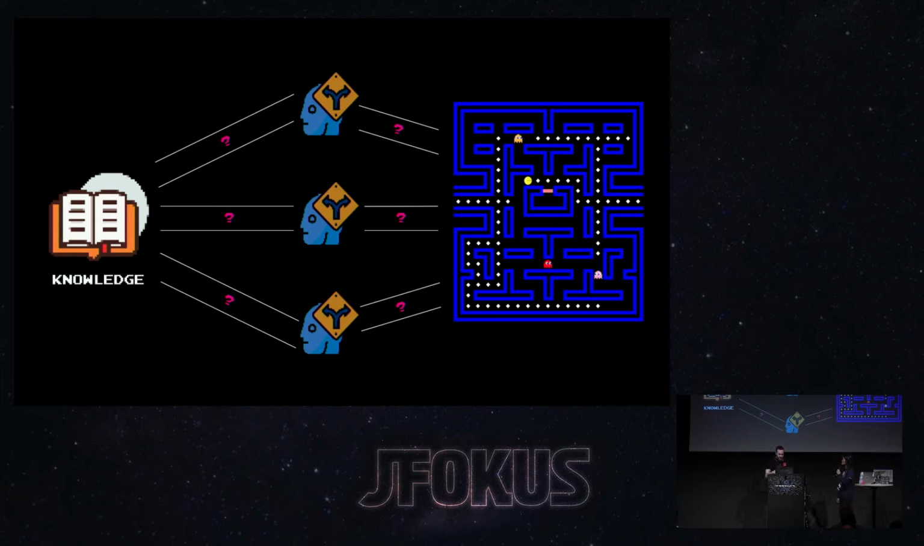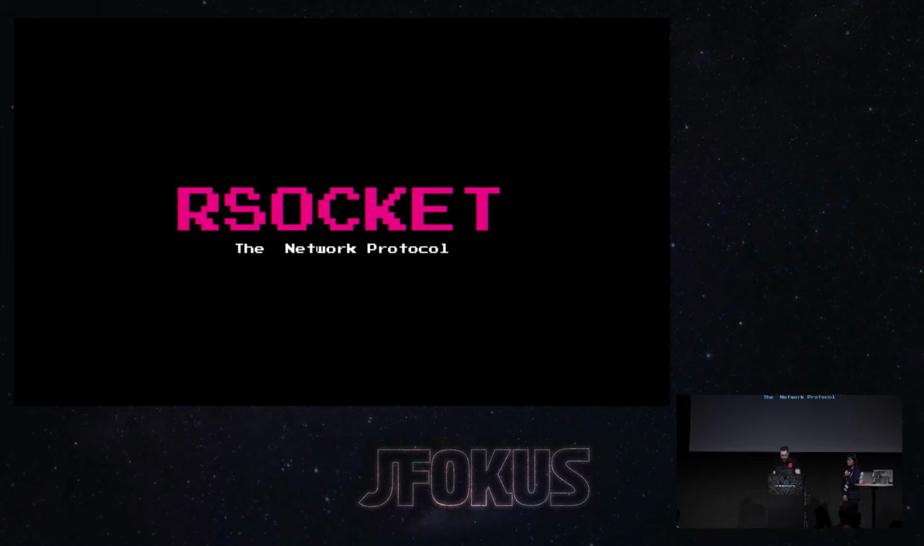Right, because we have the same stream of actions and knowledge, which could be stored everywhere or on a separate machine. It doesn't have to be a single machine, which is super cool, and that will improve the performance of learning. So in that case, we're going to use RSocket because, as you might know, RSocket is a